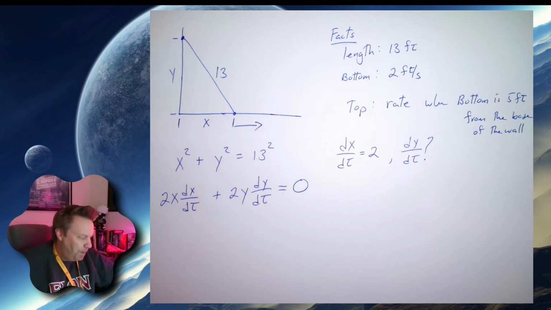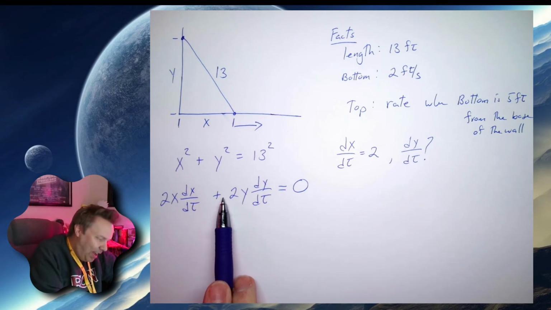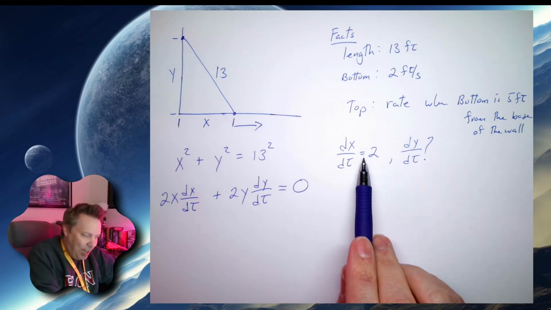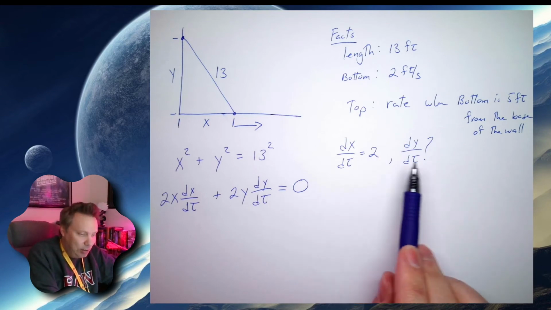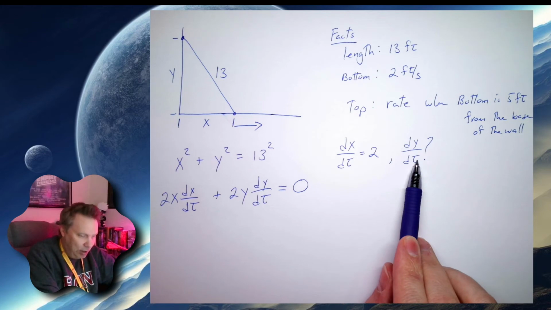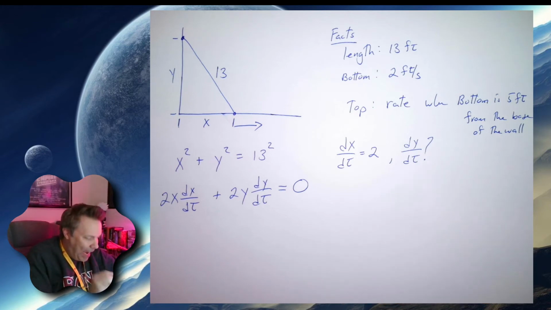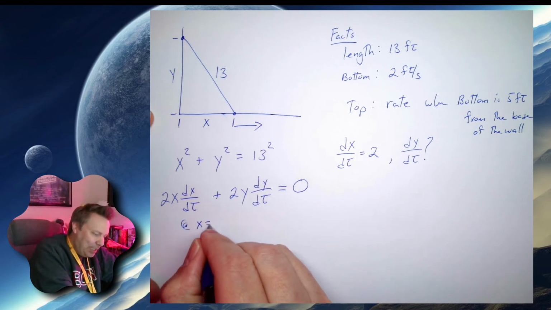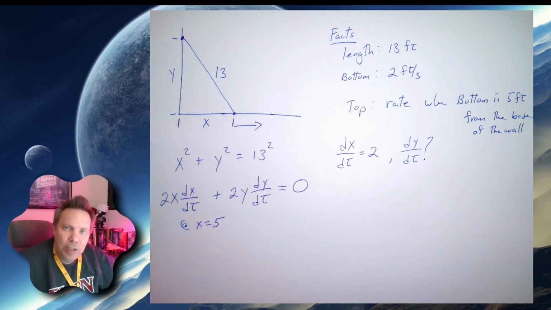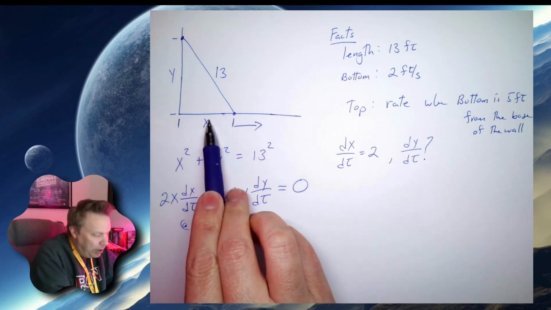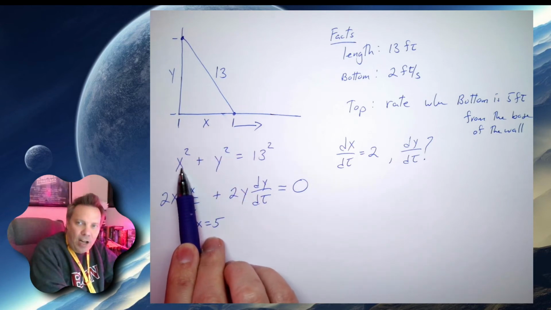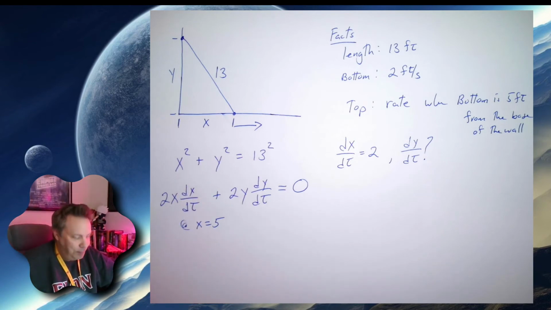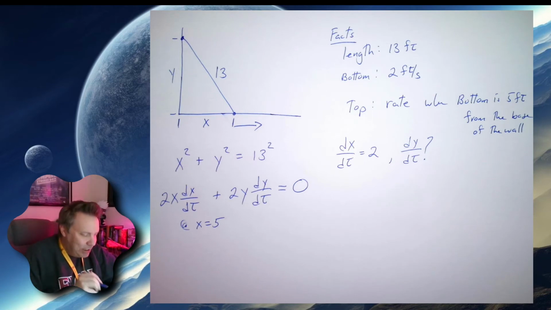So at this stage of the game, I have a derivative equation here. I have one piece of knowledge, and I'm trying to figure out the other piece of knowledge. I can do this when x is equal to 5. Now I should plug in 5. If I plugged in 5 earlier, this would have been a 25, and this all would have been 0, and well, that would have been a bad idea. If x is 5,